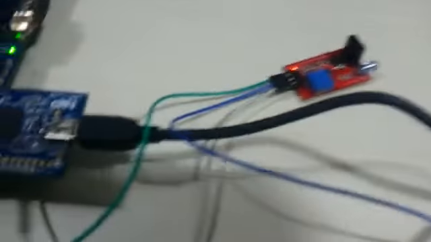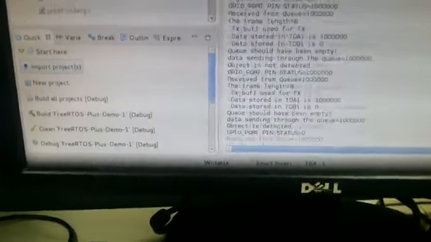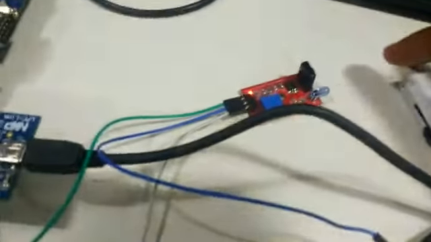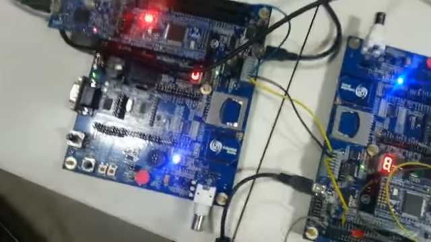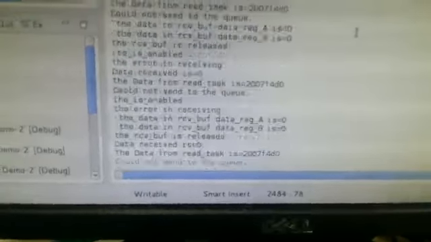I am sending the data through the TDA register. Now it is showing the status as 1000. If I place an object in front of the sensor, the value in the TDA register becomes 0, which means an object is detected. If I remove it, it becomes 1000 again. Again if I put it, it becomes 0. Once an object is detected, that information is sent from slave to master through the CAN bus, and I get the value 1000 for no object and 0 for a car parked.